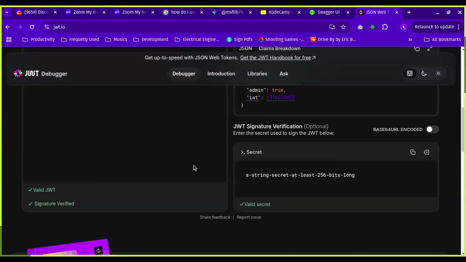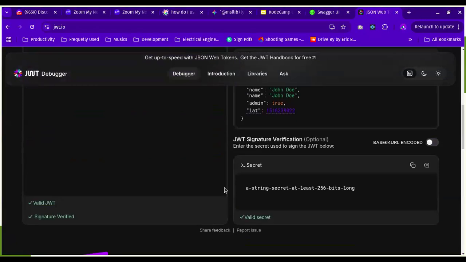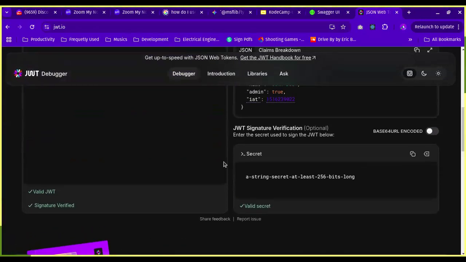It's normal, you can do it. But as a back ender, you can do the same thing, but it's not advisable. You have to first verify if the key is what you have on your back end. Okay. Now,